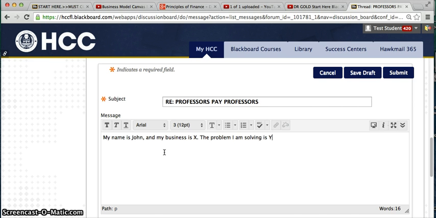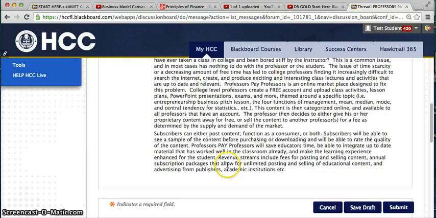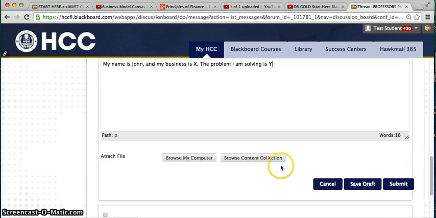And you just map it out if you want to, mirroring the way I've written it, but write it in your own words, and make it clear and concise. And then when you're done, you click submit on the lower right-hand side. Once you do that, I will see your business idea. I'll probably give you some feedback about it. You'll get the 10 points.